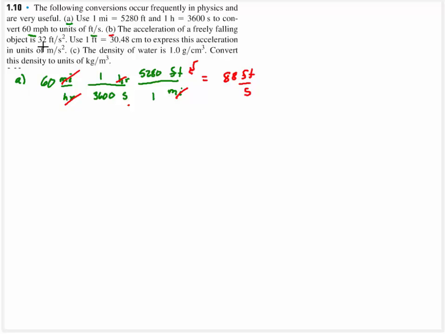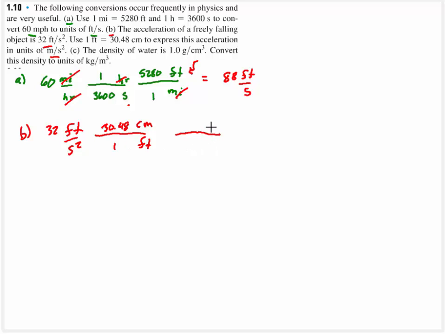For part B, we're going to convert feet per second squared into a more conventional meters per second squared. So 32 feet per second squared. And what we want to do is get rid of feet. So let's go ahead and put feet right there, and let's put centimeters right up on top. We know that 1 foot is 30.48 centimeters, and we're going to also say, well, we don't want it in